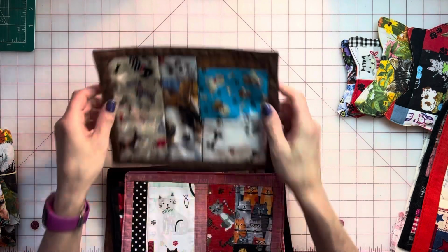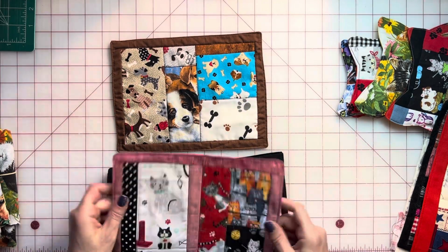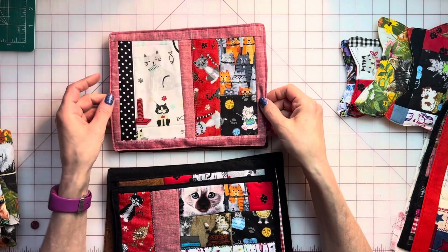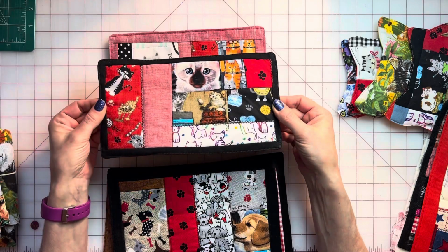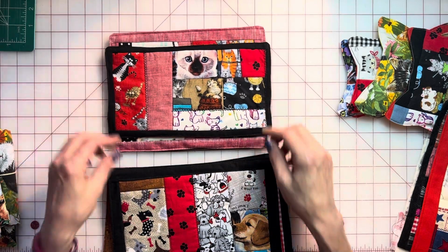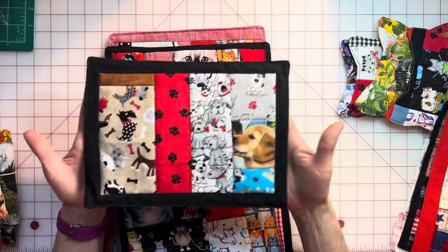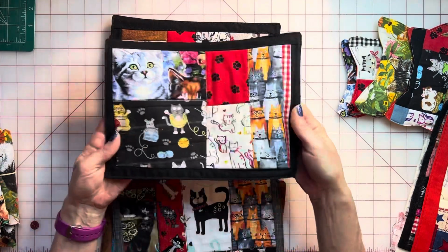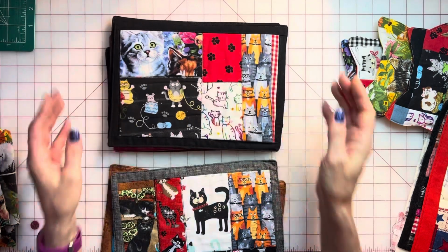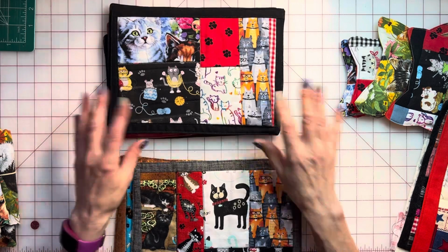All right, so these are our doggy ones and our kitty ones. So we have some cute little mug rugs here. Again, there are different sizes. Some of them are 5 by 8, some of them are 11 by 8. They're all different fabrics. Again, these were made from scrap fabric. So we are basically almost done with all of our